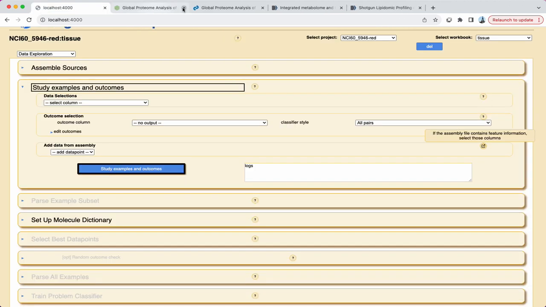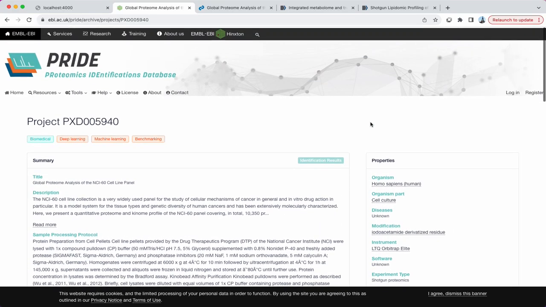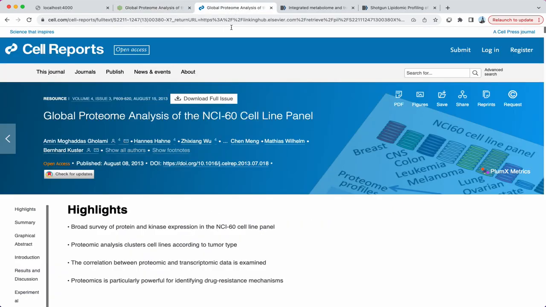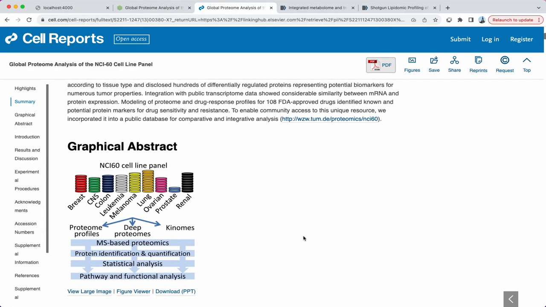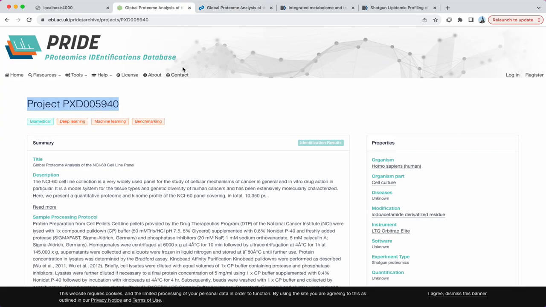In this project, I am working with a set of 729 mass spec files, each of which is a replicate proteomics sample of one of the NCI 60 panel of cancer cell lines. There are 12 or more replicates for each cell line in the NCI 60 panel, allowing comparison of individual cell lines or groups of cell lines across the panel. This data set is from a published study, and the raw mass spec data is available in the PRIDE Proteomics